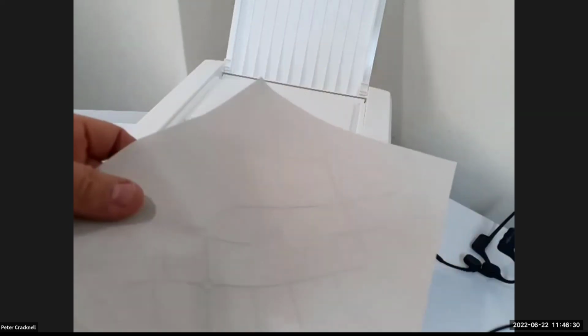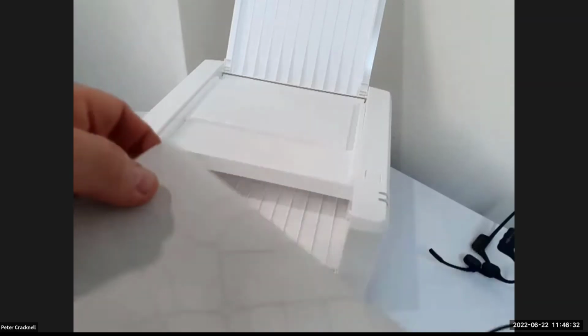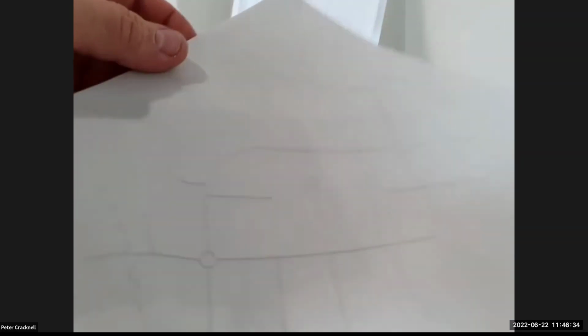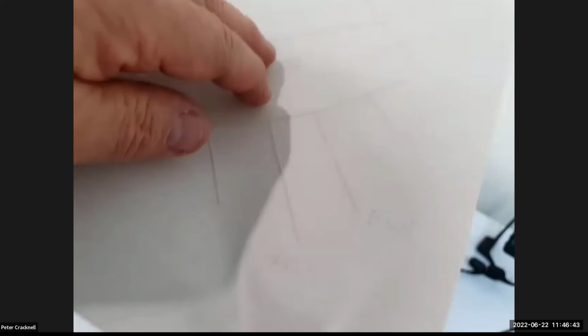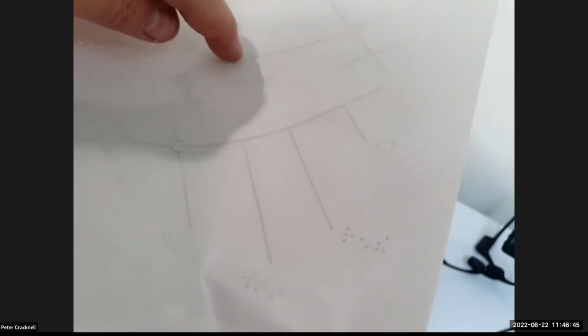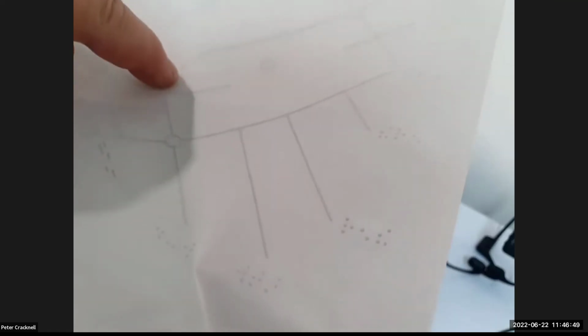document. Now, what I've done here is I've got the same document, but I just rubbed some carbon from a board rubber onto it, just so it's a little clearer to see. So for those of you that can see this, we now have a raised line diagram. Now, this was a map,